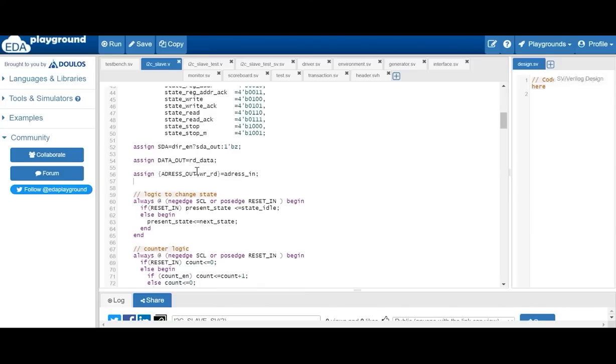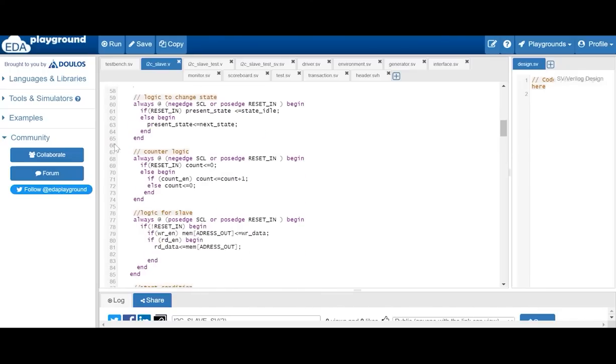And address out, write data. What is this? In total we have one 8-bit address input, right? But in that 8-bit address input, how are we dividing? Bits 0 to 6 are the address, and 1 bit is the write. So here we have taken the conditions. Okay, and next